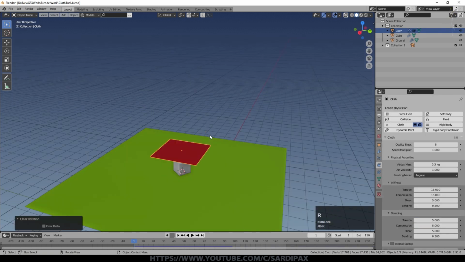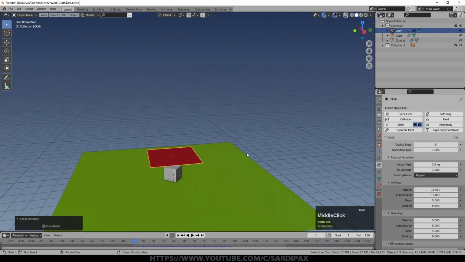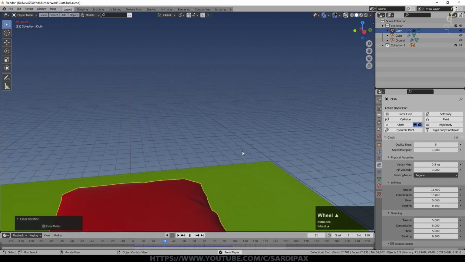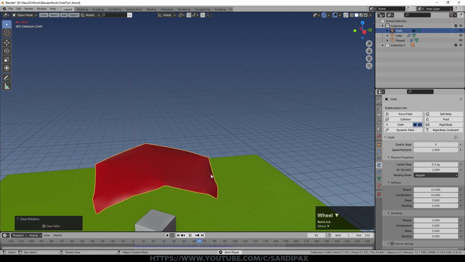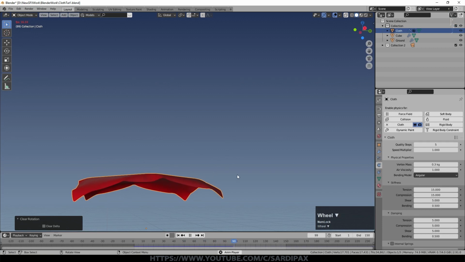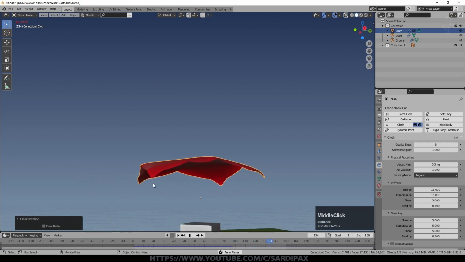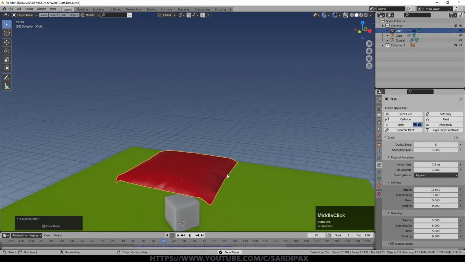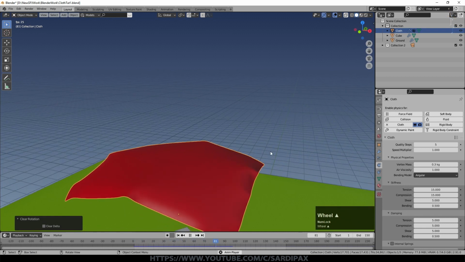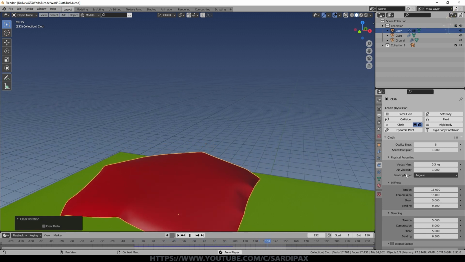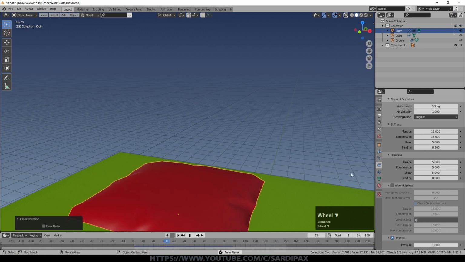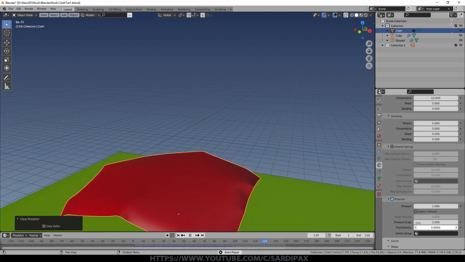If I do Alt-R there to take away the rotation, and now to start the simulation, you can see it's just floating up a bit, as though it's on a cushion of air. So you could make a whole shape out of that, and it would form a kind of pillow. Well, it would form a pillow, and this is one of the things that a lot of people used it for as soon as it became available. And again, you've got elements that you can play with here.